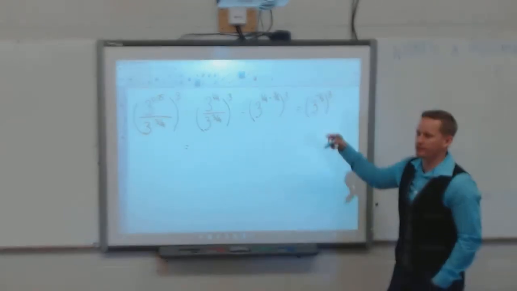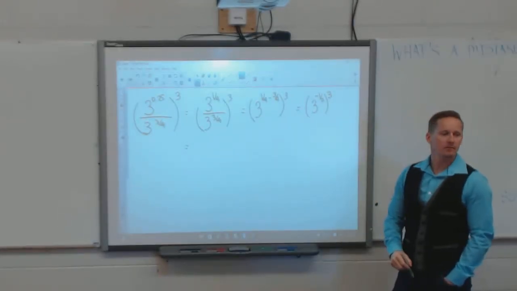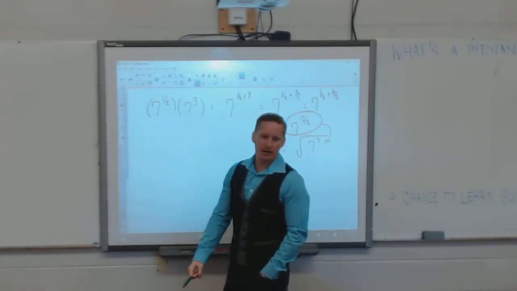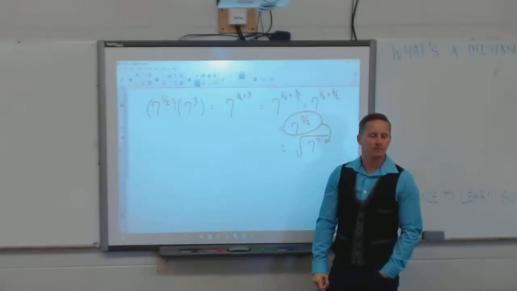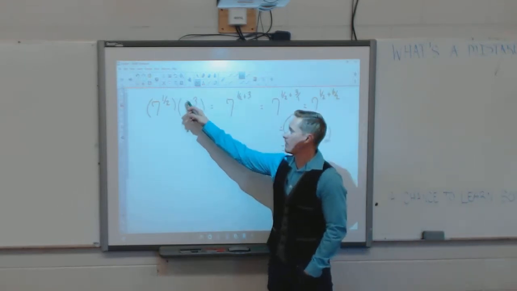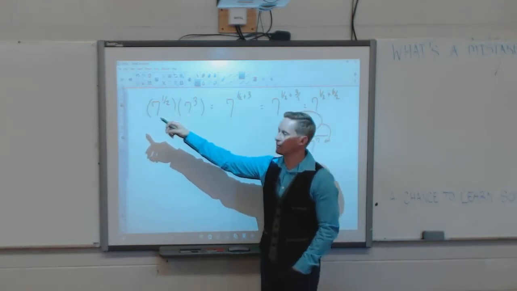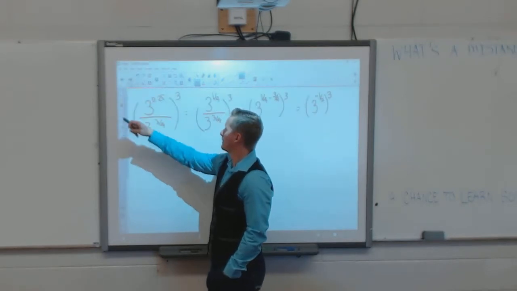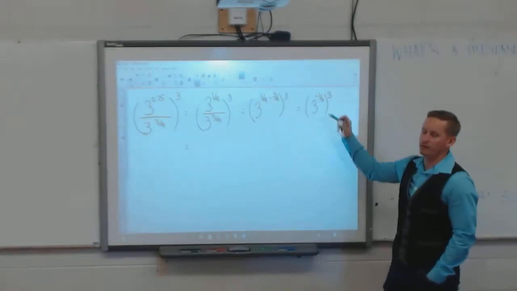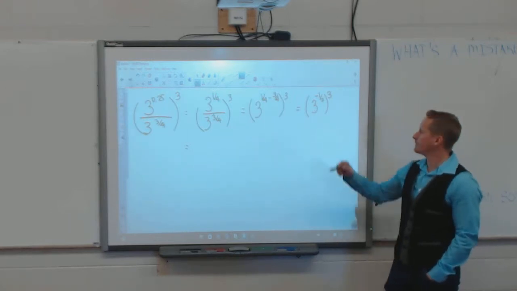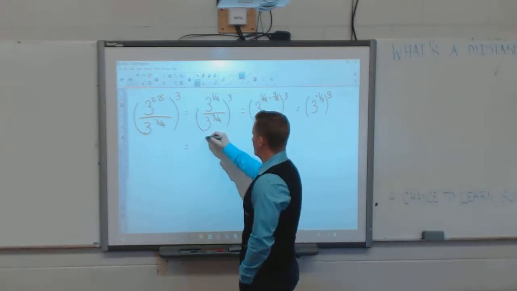What do I do with an exponent to the exponent? Add them. Pardon me? Add them. What did I do here, Casey? Added them. Am I doing the same thing? Yes. This is an exponent to an exponent? No. No, it's not. Right? This is an exponent to another exponent. So what do I do with them? Multiply them. This times this equals 3